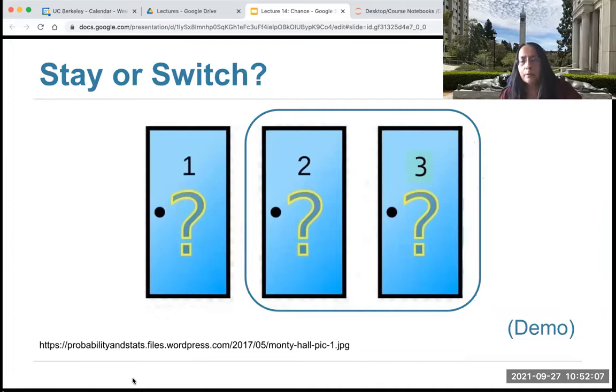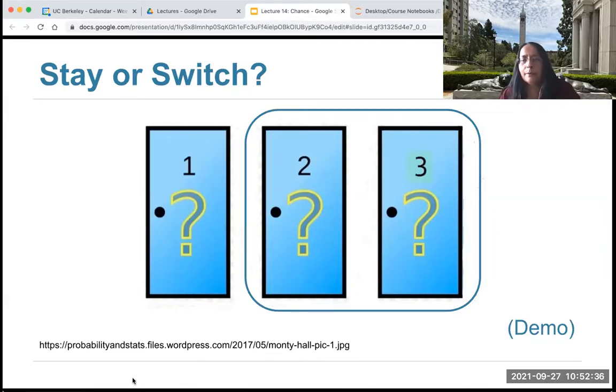Yes or no? Okay, so then what's the chance that it's in the circle set? Two-thirds. The chance has to add up to 100%. Right, so if the chance that it's in my originally picked door is 1/3, then the chance that it's not where I picked is 2/3.